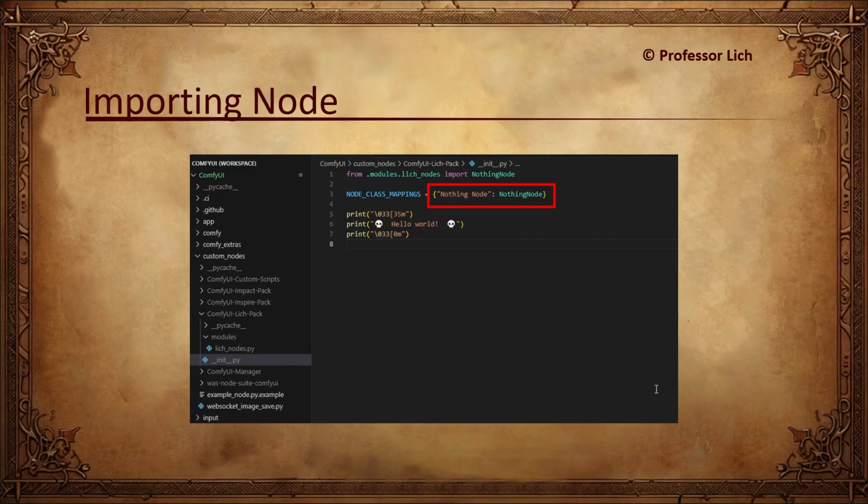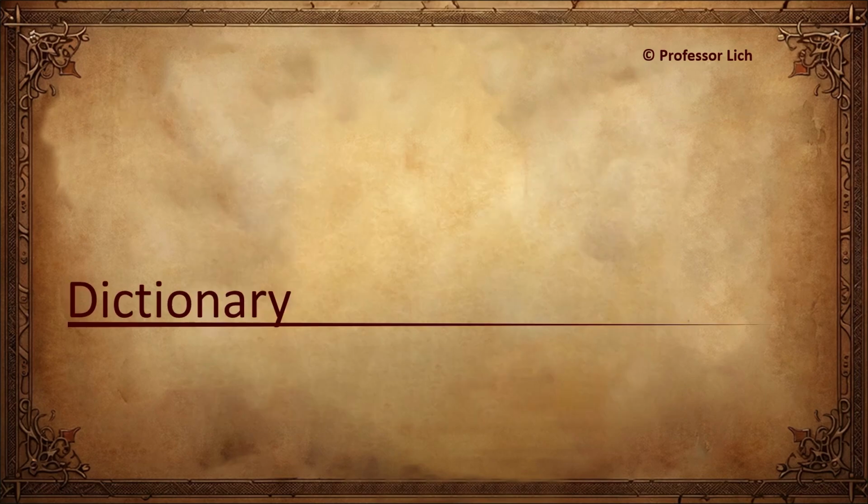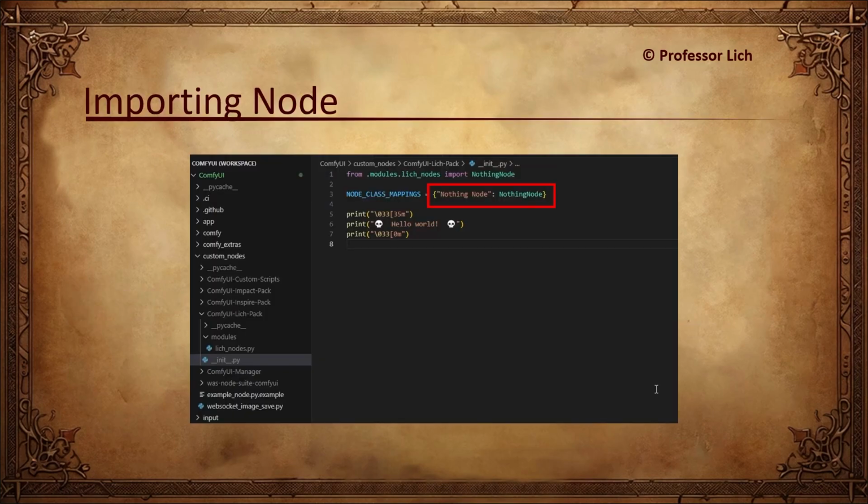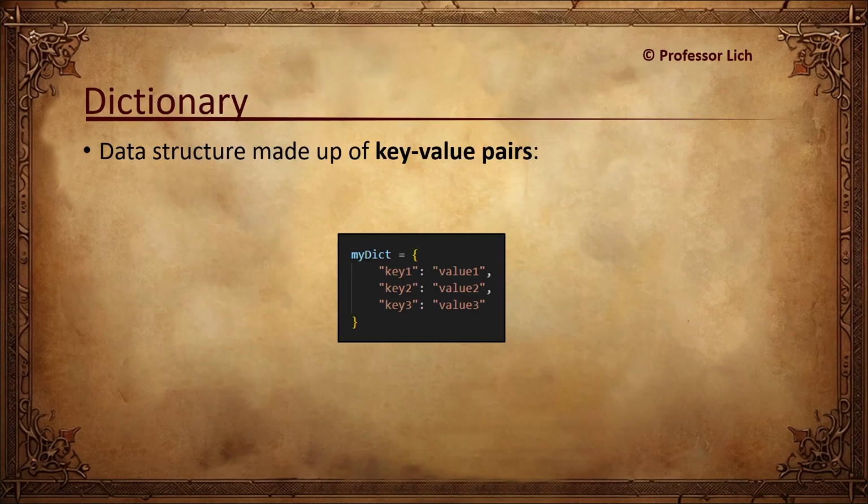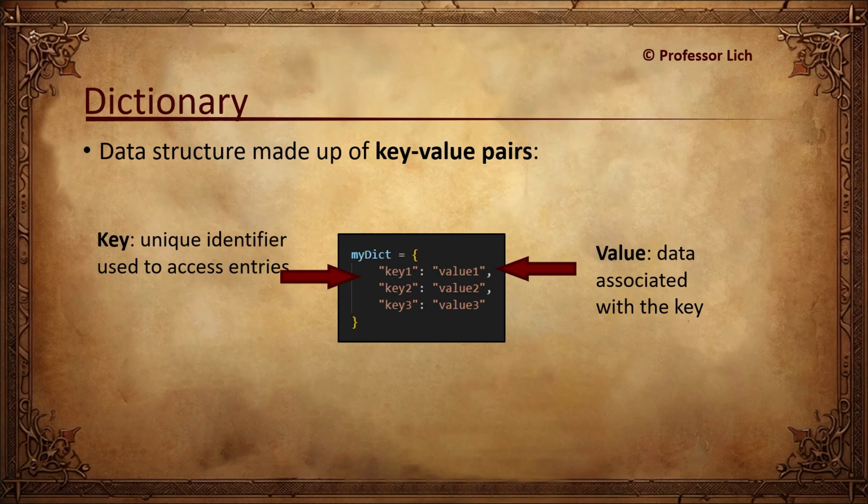So what you see before you is something called a dictionary, which is essentially a kind of data structure made up of key value pairs. Keys are on the left-hand side, and they must be unique. Values are on the right-hand side, and neither keys nor values have to be strings.